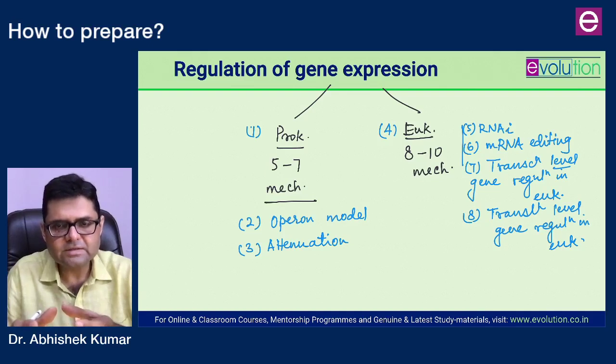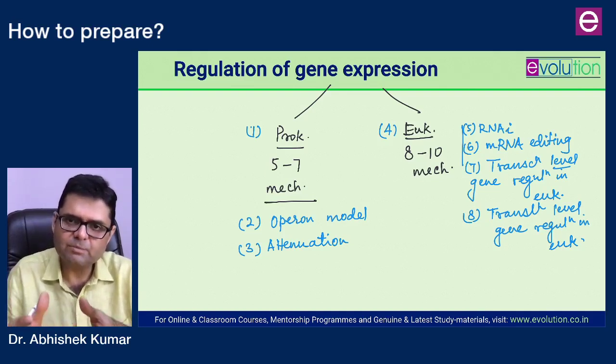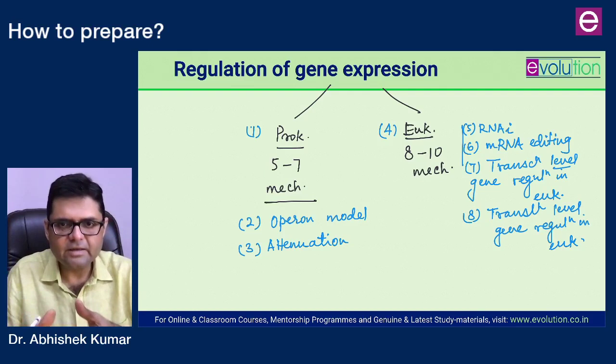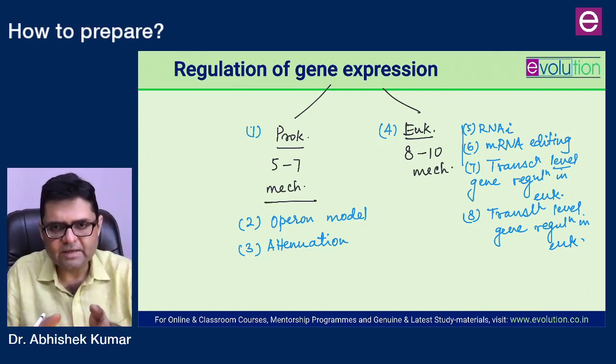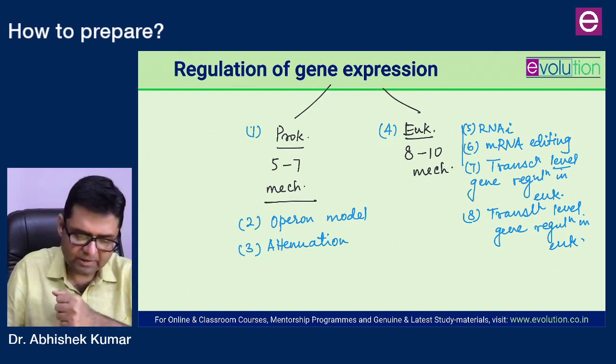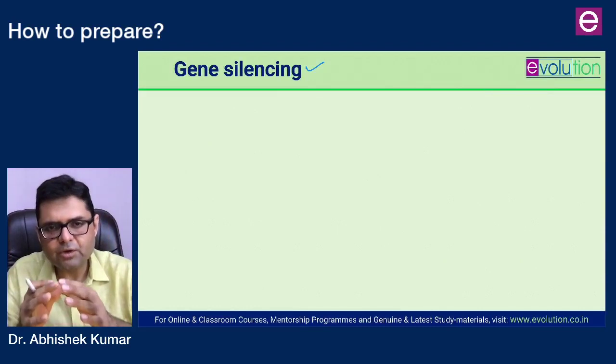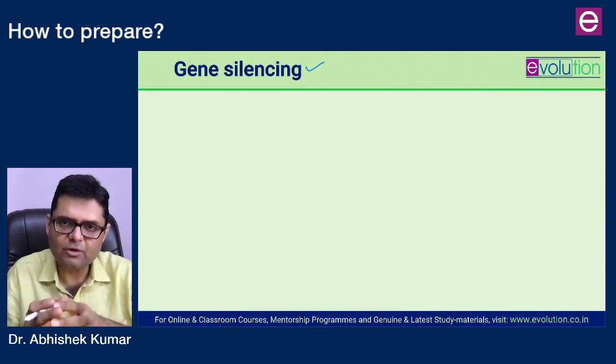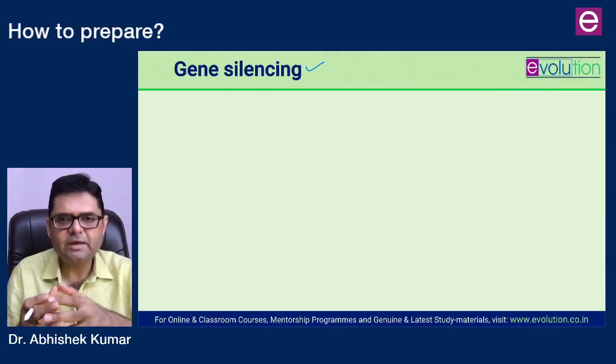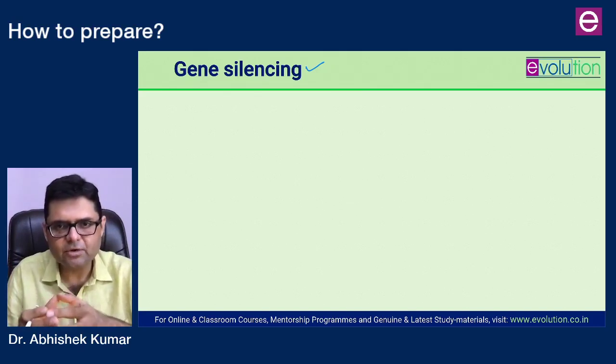Then there are certain silencing complexes which bind to the genetic material and render the gene expressionally silent. All of these mechanisms which you have learnt in this topic will have to be used in gene silencing. If you are doing eukaryotic gene expression regulation nicely, you should not need to study anything separately on gene